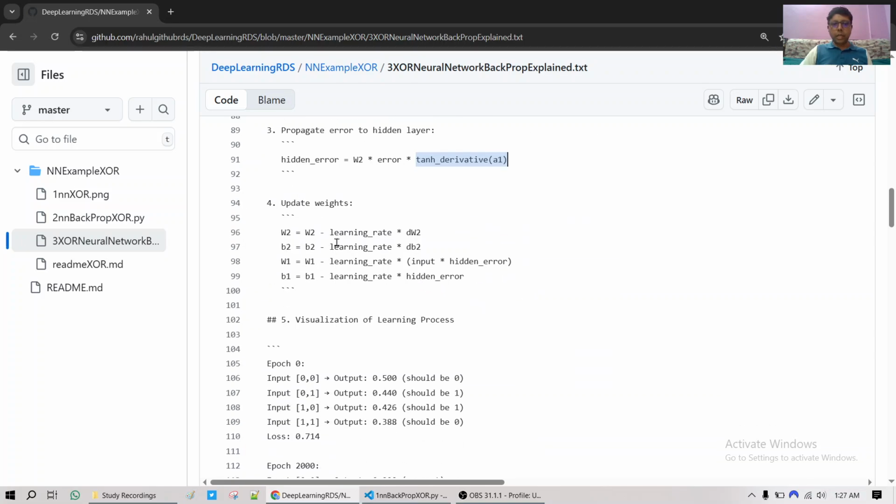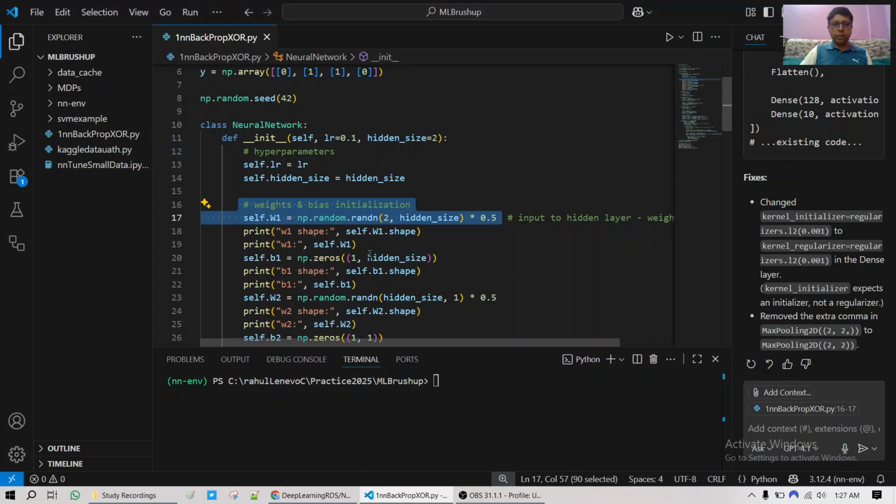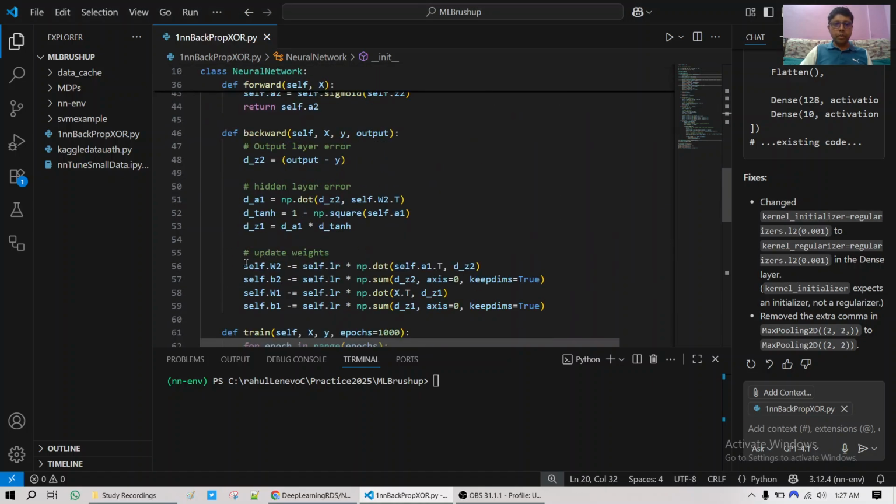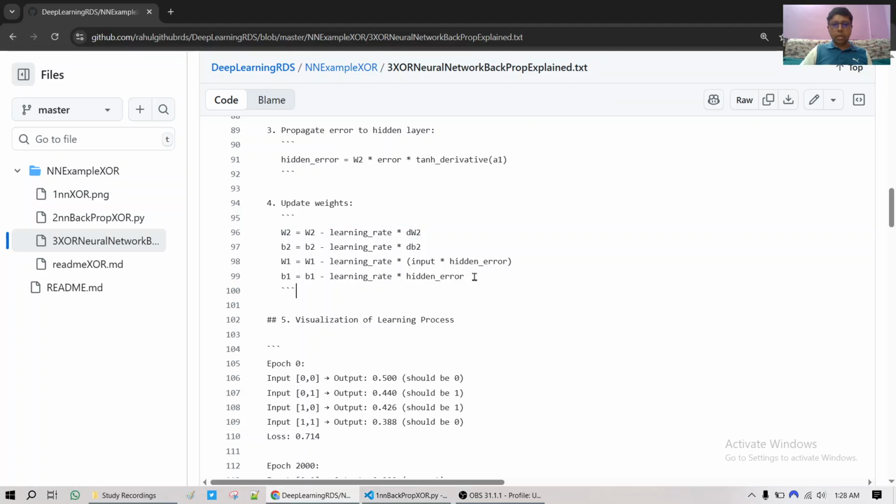So once we do that, this is the formula where we have adjusted here. So update weights. This particular code execution is similar to this concept. So W2, the next weight will be the old weight